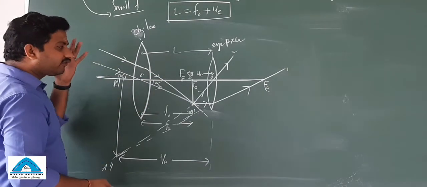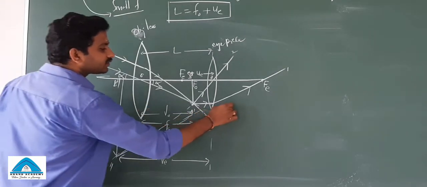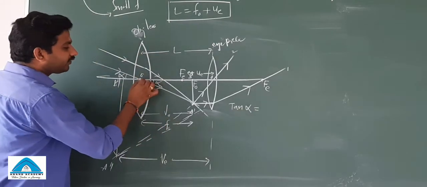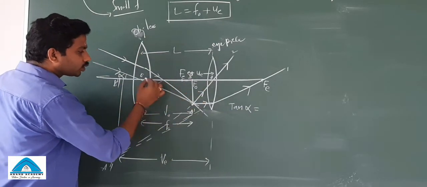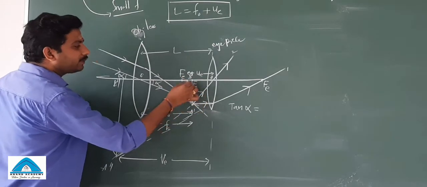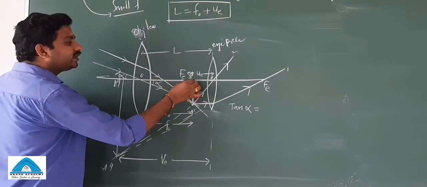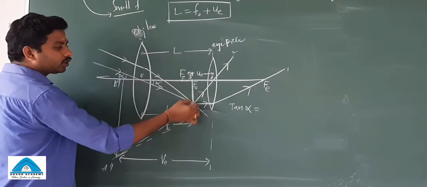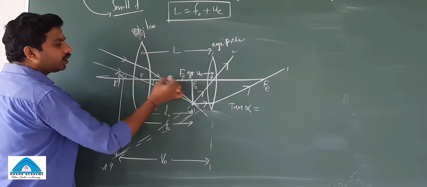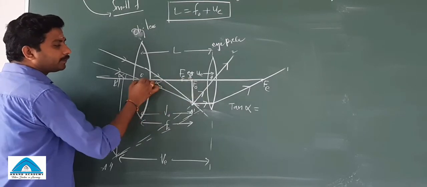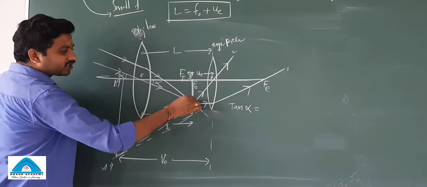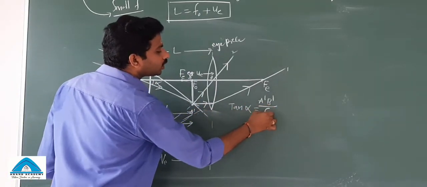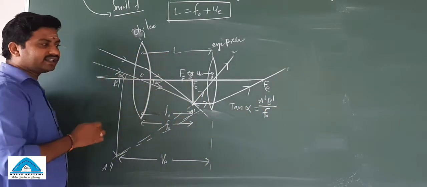What is alpha from the triangle? What can I consider here is tan alpha is equal to, what is tan alpha from this triangle? Tell me now. This is the triangle, opposite side by adjacent side. The adjacent side is from here to here. From here to here, this is called f naught, the focal length of the objective lens. So A dash B dash, the opposite side, divided by f naught, the adjacent side, is tan alpha.